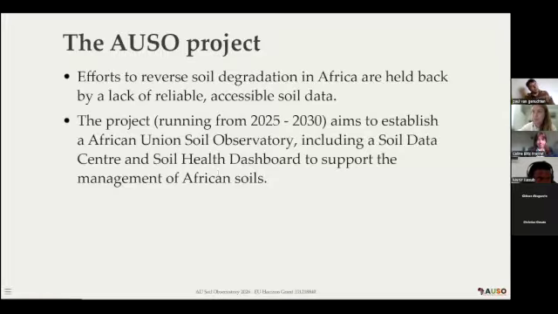So the project aims to establish an observatory, like a central kind of hub that on one hand aims to empower the national institutes to capture that data, and on the other hand, bring that data together into a soil health dashboard to support the management of African soils.